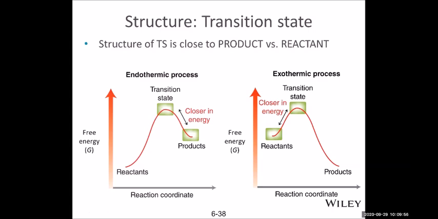Okay, this is kind of abstract, but because in an endothermic reaction the transition state is a high energy state, it should be closer to the high energy state between reactant and product. In an endothermic reaction, the product has high energy, and therefore the product structure should more resemble the transition state than the reactant structure does. Anyway, we don't have many specific examples in the lecture, so let's just put it down like this.